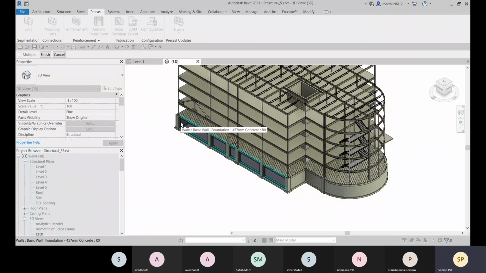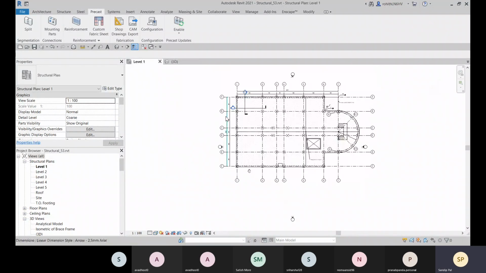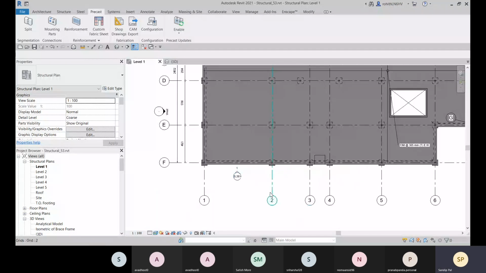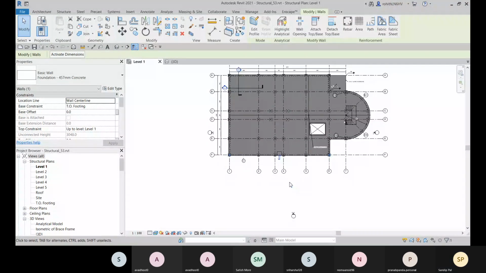Okay, if suppose you want to check what the length is, let me go to level 1 and let me go to realistic. You can check what is the length of this.